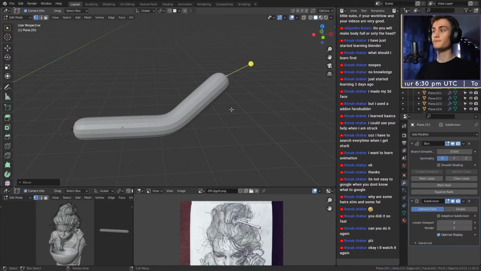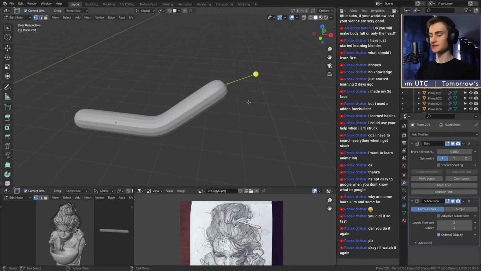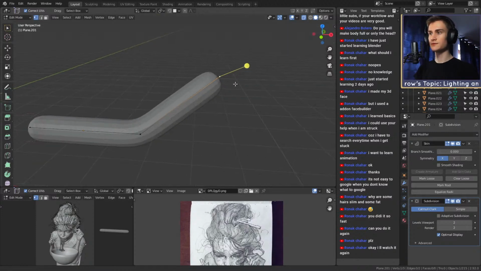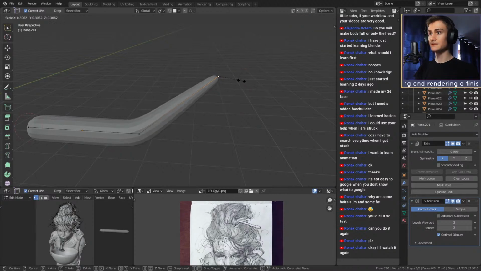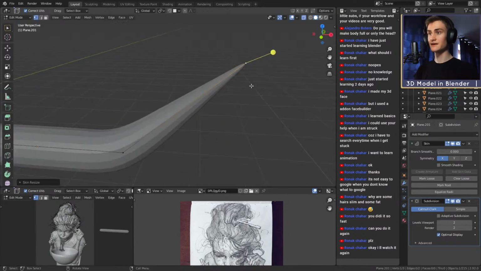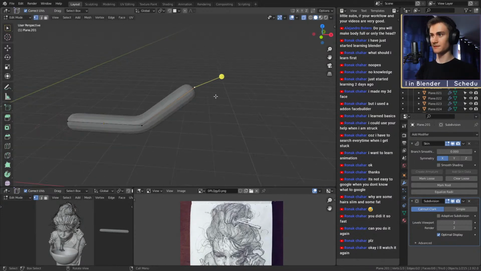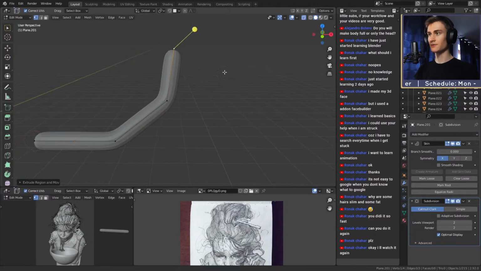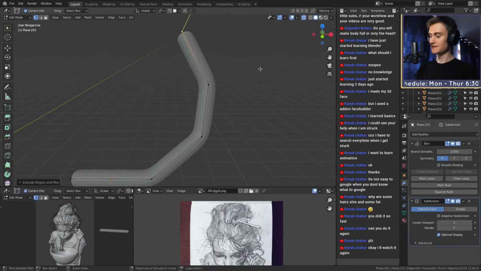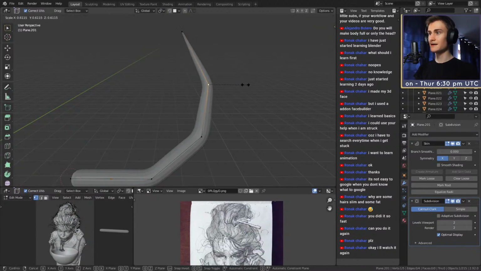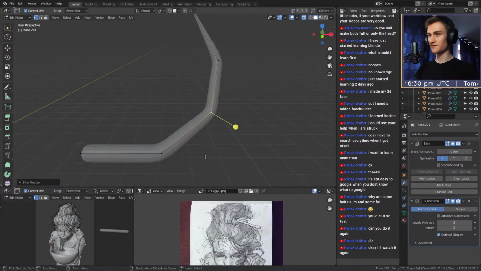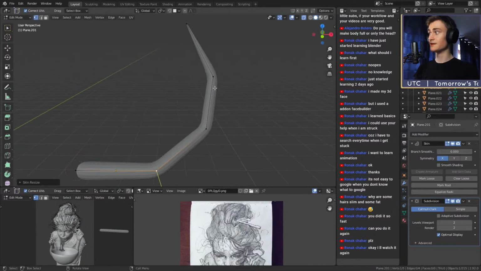The good thing with the skin modifier is if we go into the vertices and select one or multiple, let's use one first. We select this vertice, and then if we press Ctrl A, we can make the skin modifier smaller on that vertice, which of course helps you create this nice thinning effect that you have for hair strands. So if we make a longer hair strand here, and then we make it slimmer, we can see that you can create this nice gradient going from very, very thick to very thin. The biggest